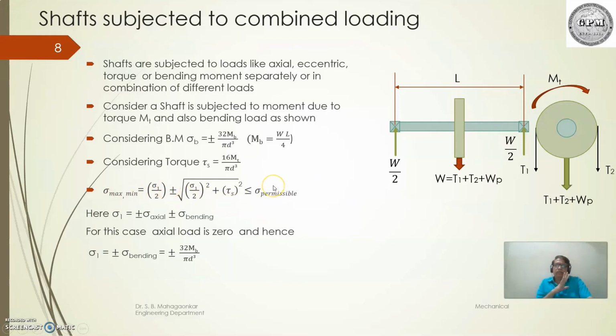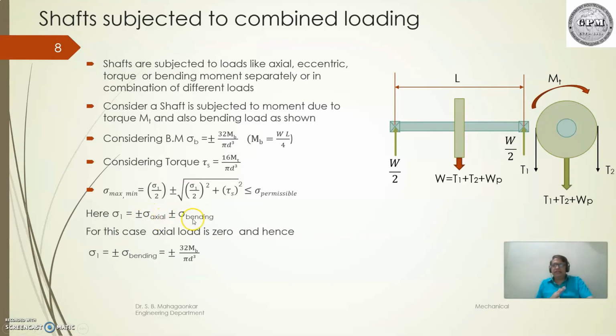It's not biaxial, we are just taking uniaxial. For uniaxial, sigma 1 upon 2, where sigma 1 is the sum of two things: axial plus or minus bending. Because both are normal stresses, we can add them. So this is a normal stress, and this is also a normal stress. If one is compressive and the other tensile, it is subtracted. If both are tensile, you can add them.